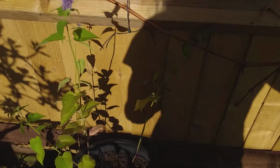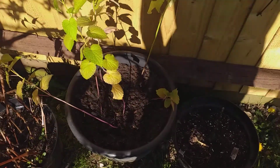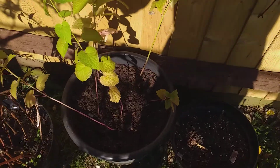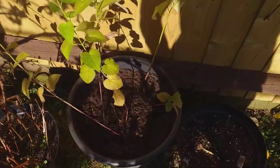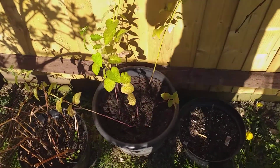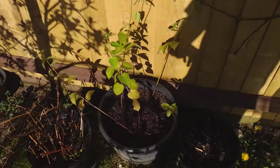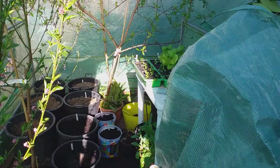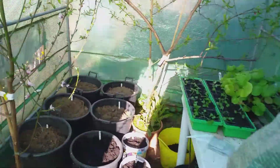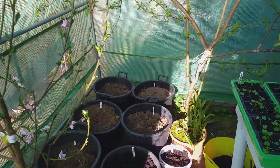So isn't that brilliant? Now, in case this is invasive like regular mint, I've grown it in this container where I can keep it sort of contained, and all being well, be using this to make some nice tea out of, and maybe putting in to flavour certain foods. So that's absolutely lovely. Into the polytunnel, my containers of potatoes I've topped up,